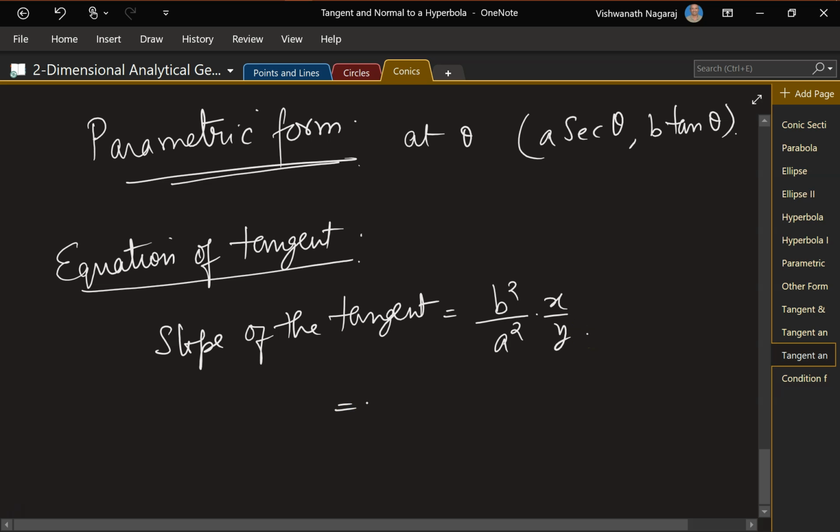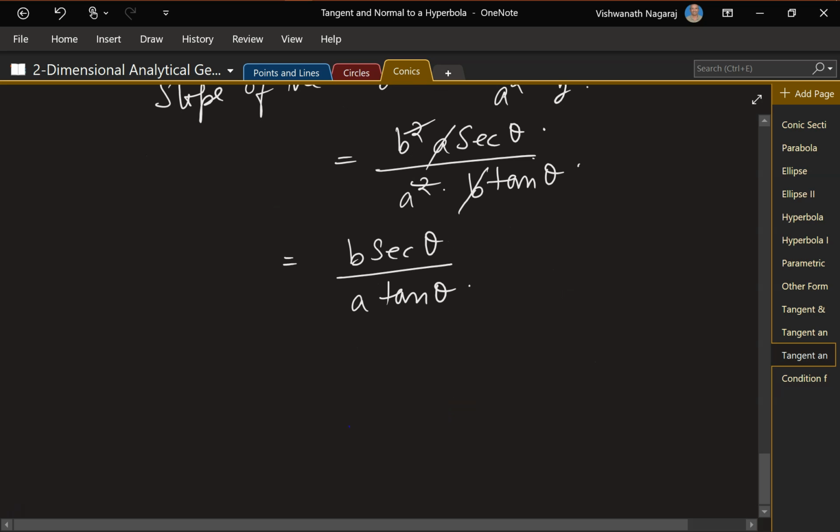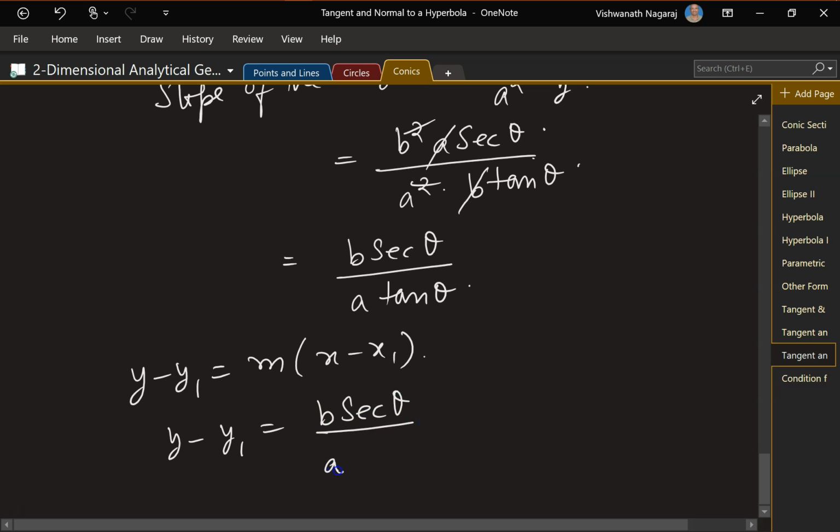Now we substitute x and y, so a sec theta by a square times b tan theta. One of the b's cancels, one of the a's cancels. So our slope of the tangent is b sec theta by a tan theta. Now that we have the slope, let's find the equation. So y minus y1 is equal to m times x minus x1. So y minus y1 is equal to the slope, b sec theta by a tan theta,